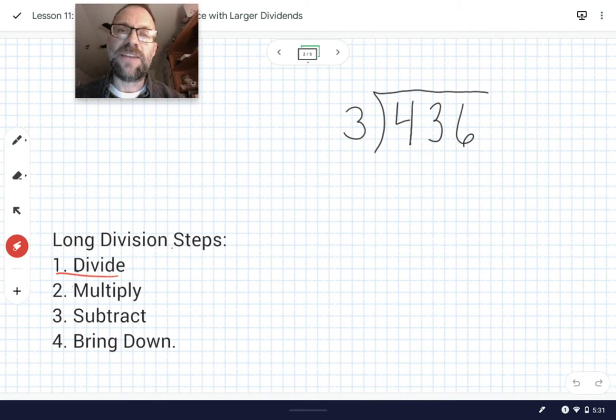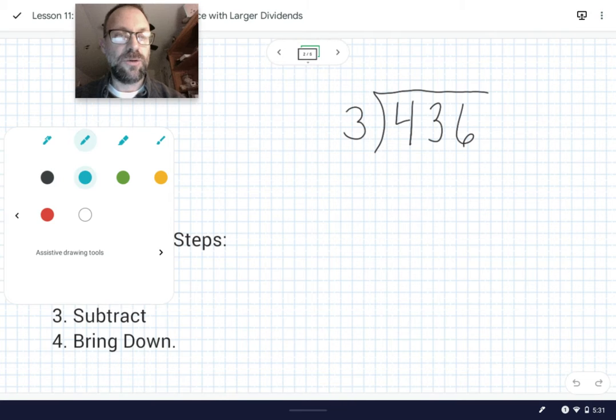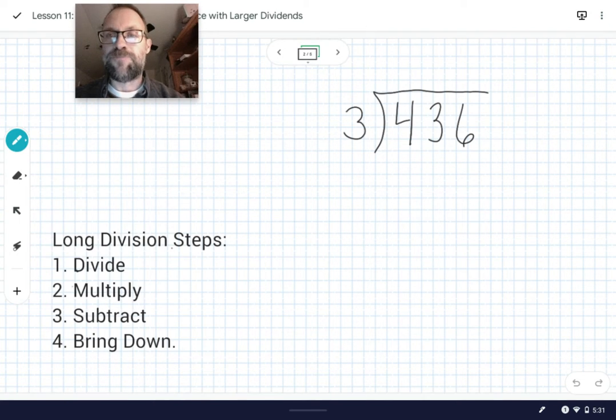We're going to divide first, multiply, subtract, bring down the next number, and then go back to the top and start over as many times as we need to so that we divide all the digits. All right, so let's get started here. I'm going to work in blue, I believe. So the first question we ask ourselves in this division step here is how many groups of 3